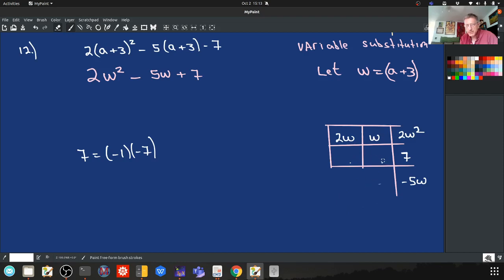Surely this factors. Let me make sure I wrote this down right really fast. Yeah. Okay, I got it. I did write it down right. You kind of know that this one's going to factor. That's the whole point in giving you one that will. So now I could do, I already forgot what I did. Minus